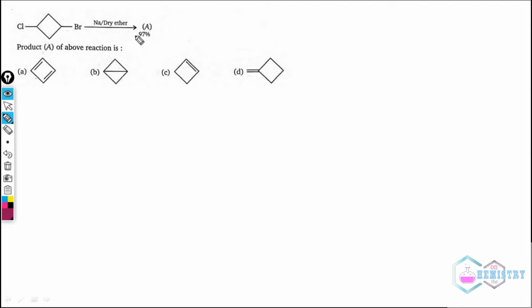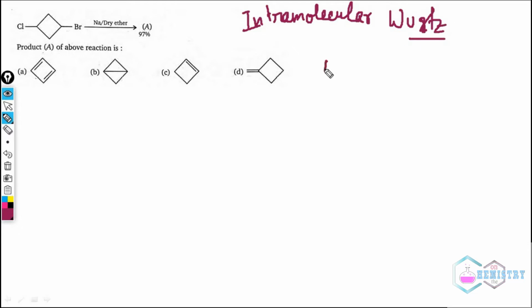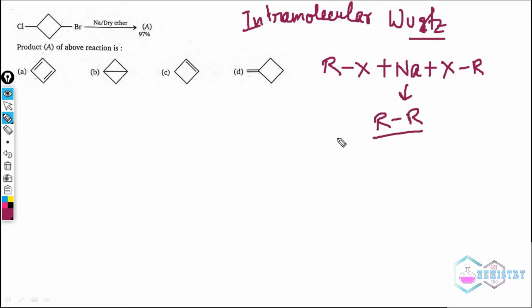Now this is just an intramolecular Wurtz reaction. What happens in a Wurtz reaction when an RX reacts in presence of sodium with another molecule of RX, the alkyl pairs get connected. How this happens basically, the sodium first loses an electron,